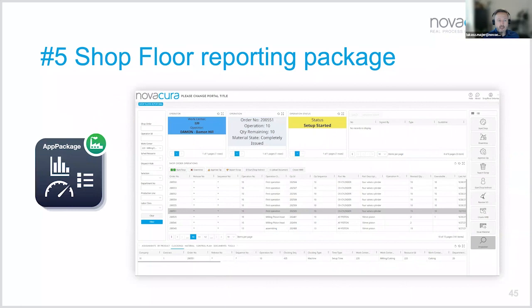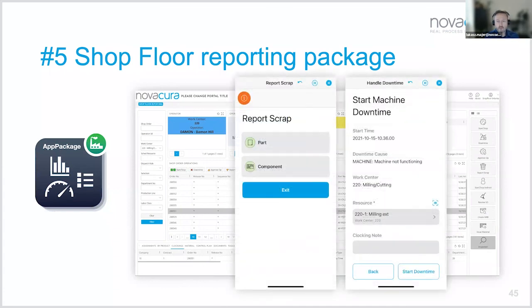And the last is a complete shop floor reporting package that we have on our marketplace. Again, a part of it is a portal application, but we also have a mobile application connected to that. It exists in our marketplace. If you're interested, we can definitely describe it in more detail during one of the incoming Lunch and Learn